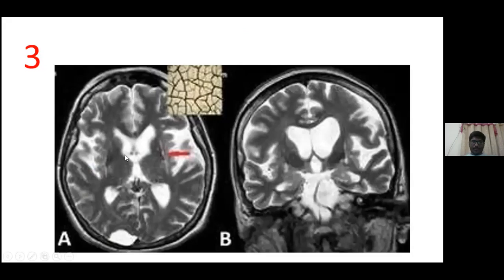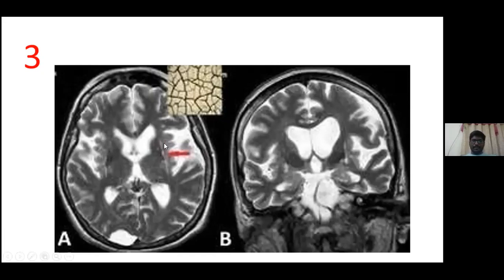This is the caudate nucleus, which is adjacent to the frontal horn. As I already mentioned, this is the globus pallidus, and adjacent to the globus pallidus is the putamen. In the basal ganglia, caudate nucleus plus putamen is called striatum, and the globus pallidus plus putamen is called lentiform nucleus. If you see the putaminal area, on the right